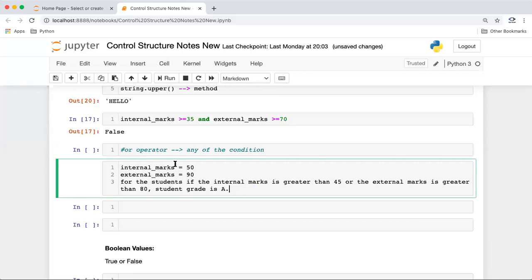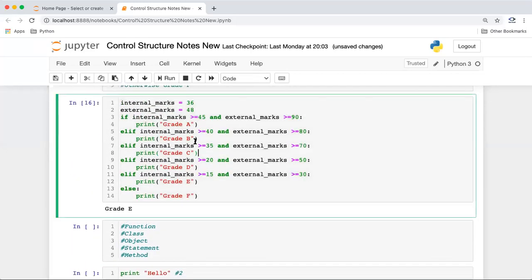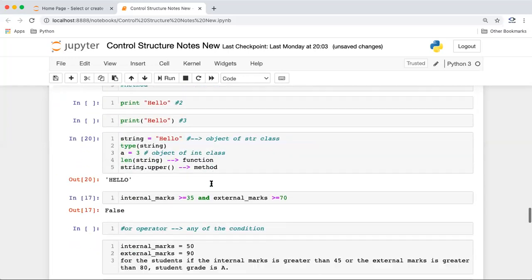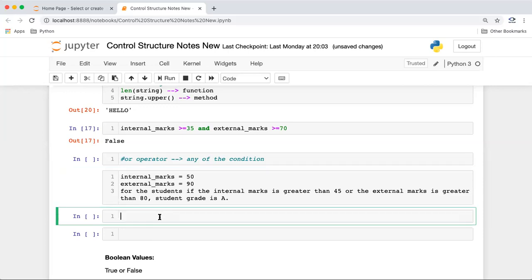What we saw in the last example is that even when the external marks were 48, the student was getting a grade E. So we can depend on both things, maybe take a combination of both also. We'll see that example. But in this case, if the internal marks is greater than 45 or external marks is greater than 80, the student will get a grade A. How can we write this?